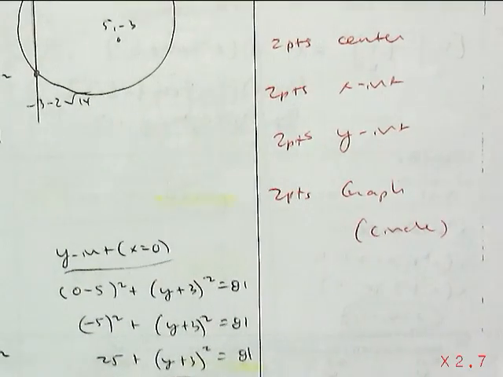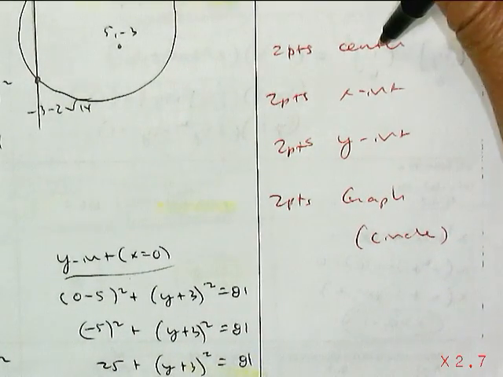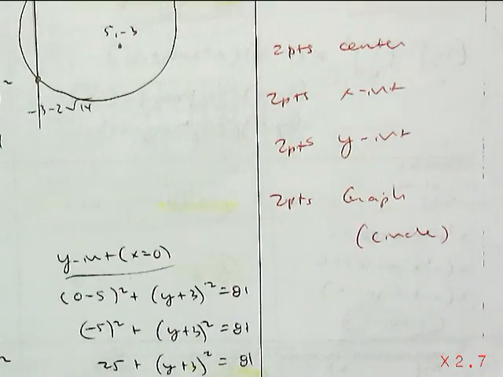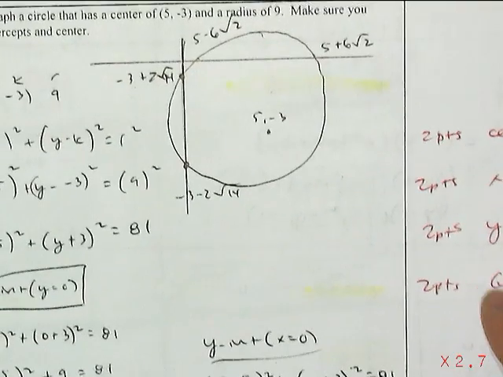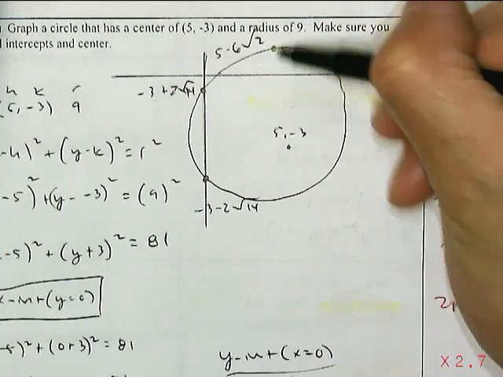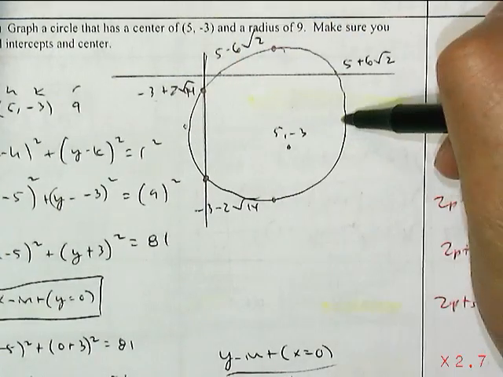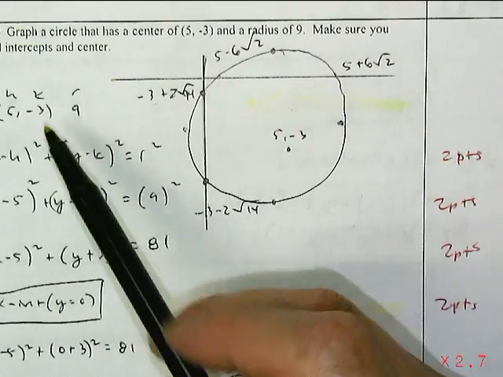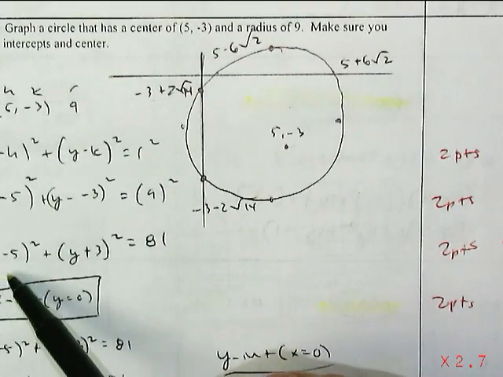2 points for labeling your center, 2 points for your x-intercepts, 2 points for y-intercept, and 2 points for a graph, knowing that's a circle. So a lot of you guys tried to find just your endpoints right there. Those are good points to have, but I was looking for the intercepts. So I put it into standard form. You recognize that